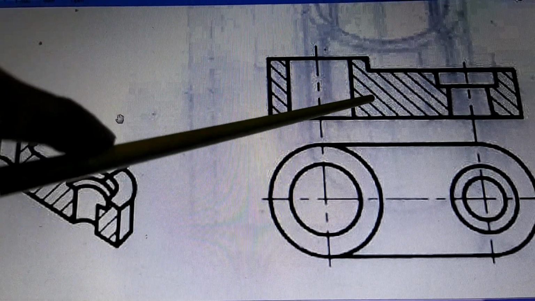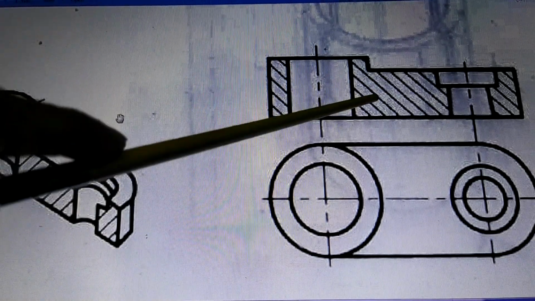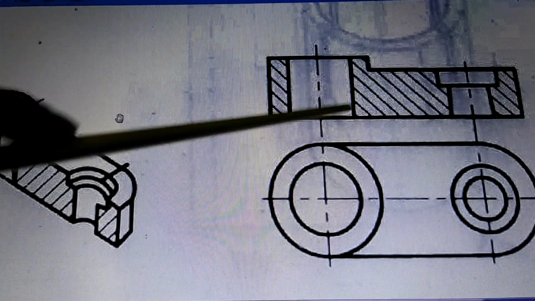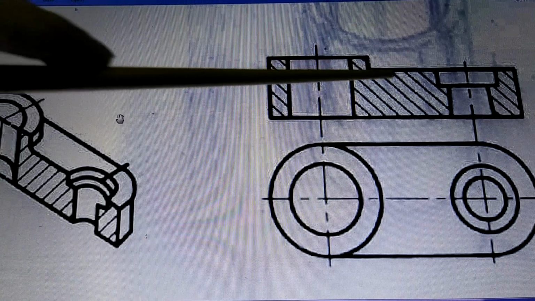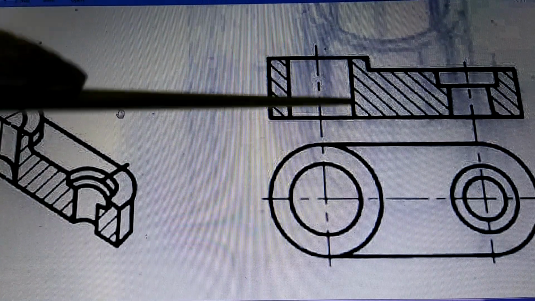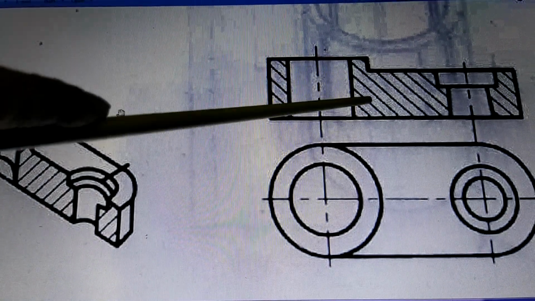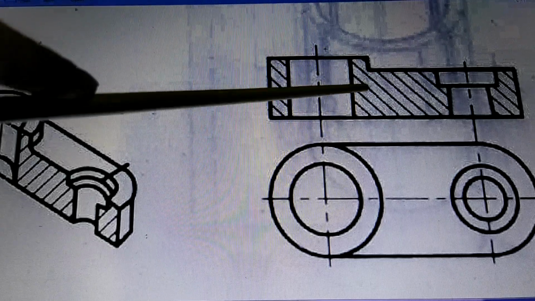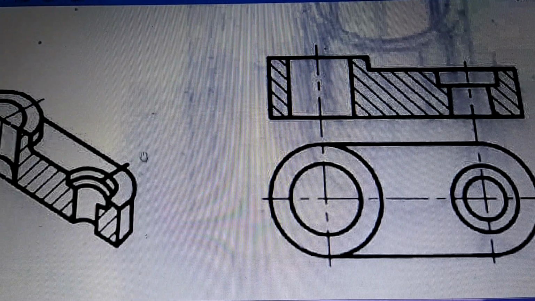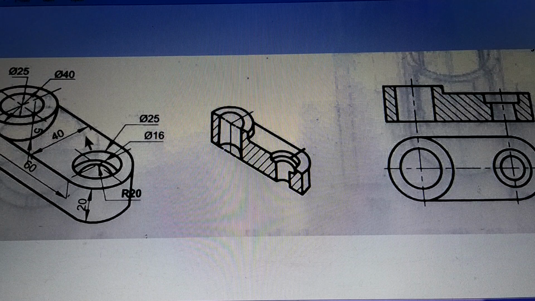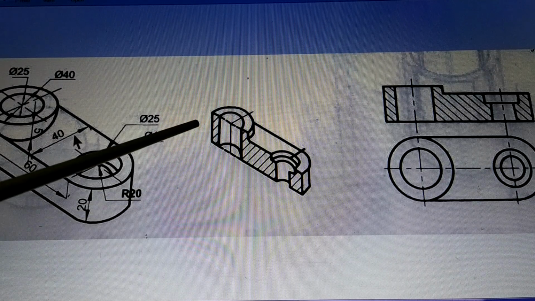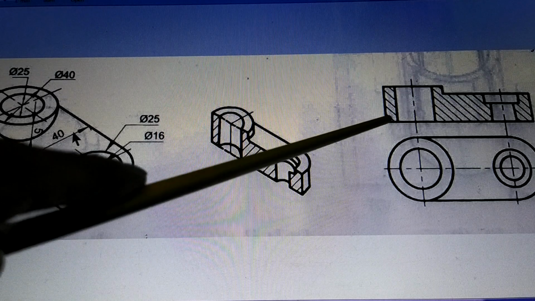Now we already know how the front view is drawn, but at that time we were drawing these lines as dotted lines because they were not seen. Now after you cut, this surface is visible and this edge also is visible. Therefore this is the way it is drawn. This is called a sectional front view. This is the top view of this figure. So now you can see this is a figure. This is the cut section and this is the section in orthography.